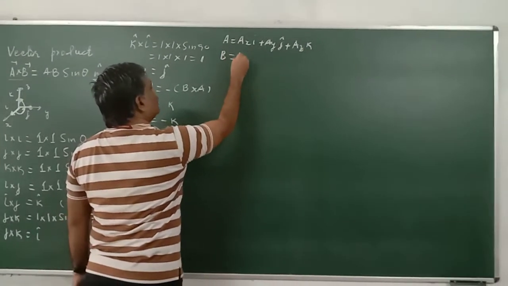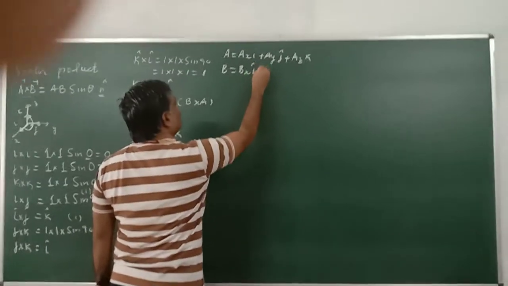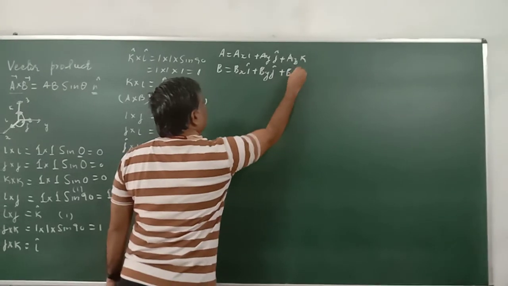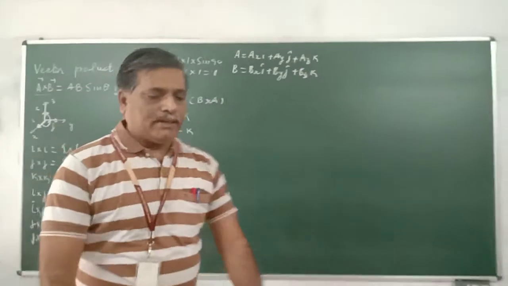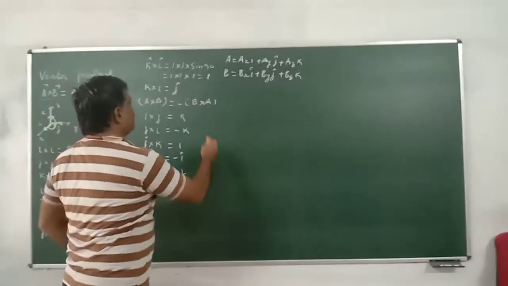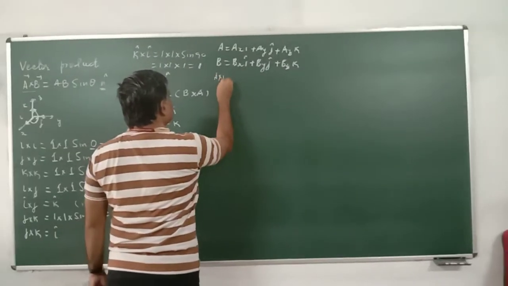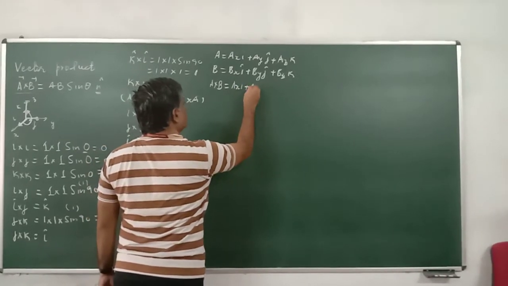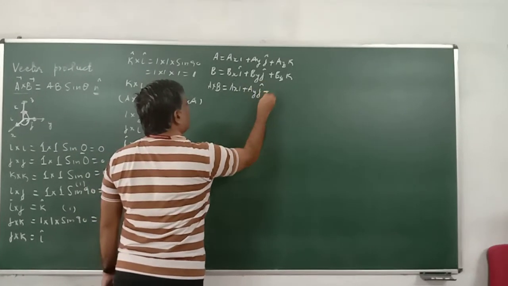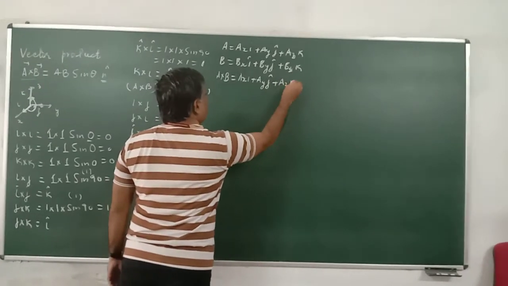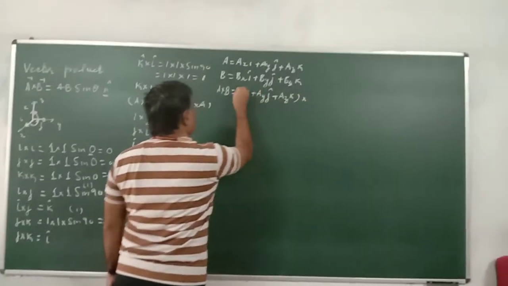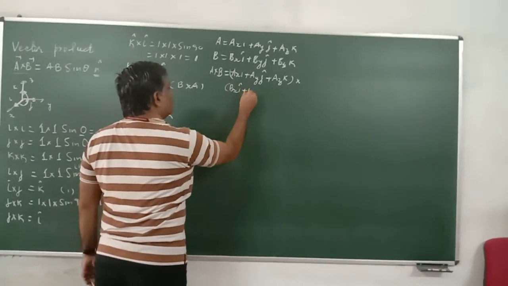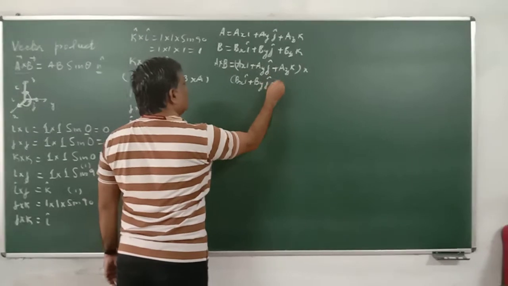Vector B is equal to BX i plus BY j plus BZ k. The vector product of these two we can write as A cross B is equal to (AX i plus AY j plus AZ k) cross (BX i plus BY j plus BZ k),